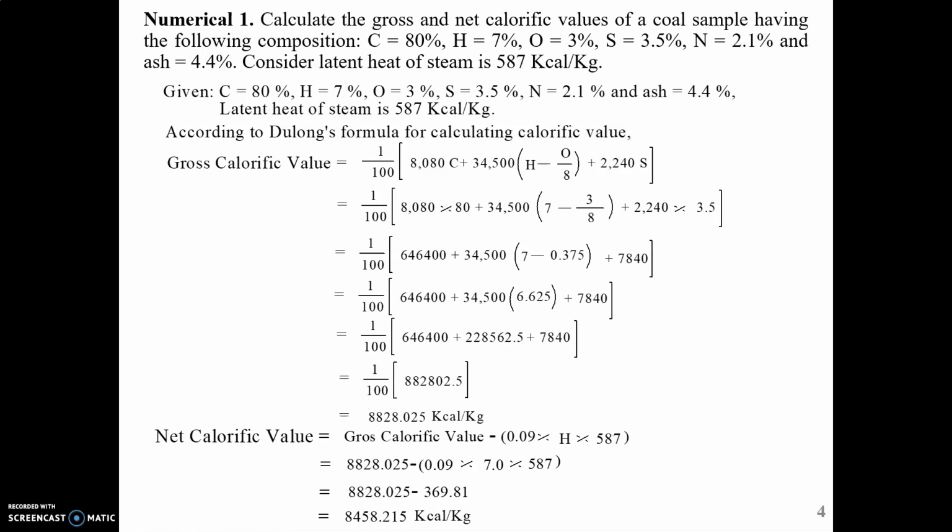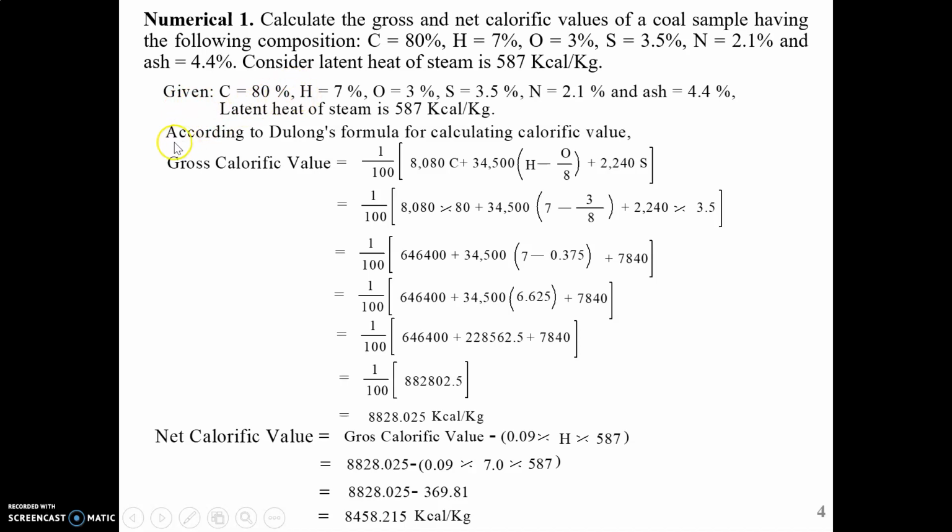Numerical 1. Calculate the gross and net calorific values of a coal sample having the following composition: carbon 80%, hydrogen 7%, oxygen 3%, sulfur 3.5%, nitrogen 2.1%, and ash 4.4%. Here ash means non-combustible matter. Consider latent heat of steam is 587 kilocalorie per kg. Now the solution, the given data is